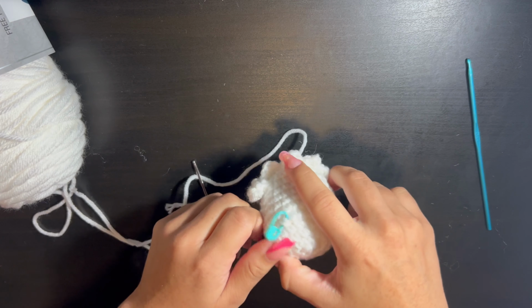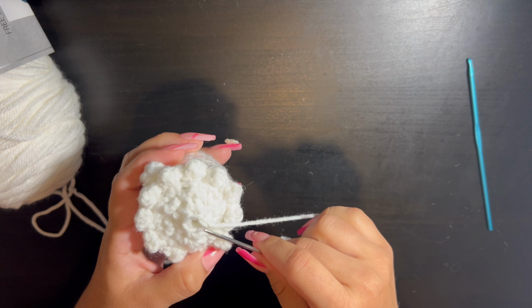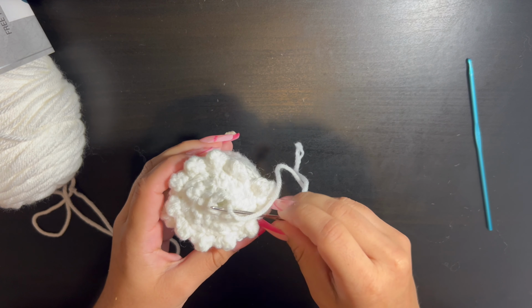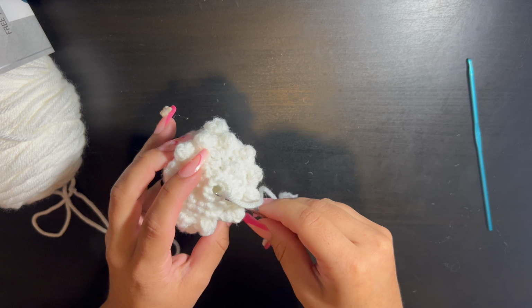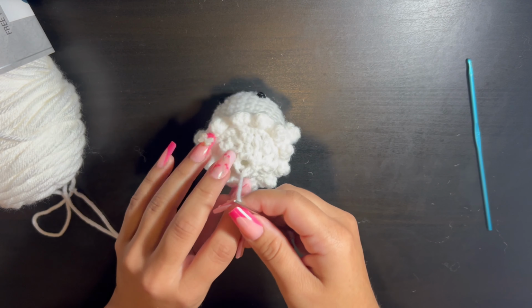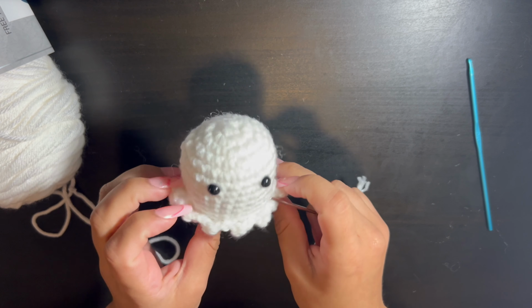Of course, I like to close this just going through the front loops only of all remaining stitches, which should be 6. You might have maybe 1 or 2 more or less stitches than me, which, hey, as long as it looks similar, you're fine, because crochet is an